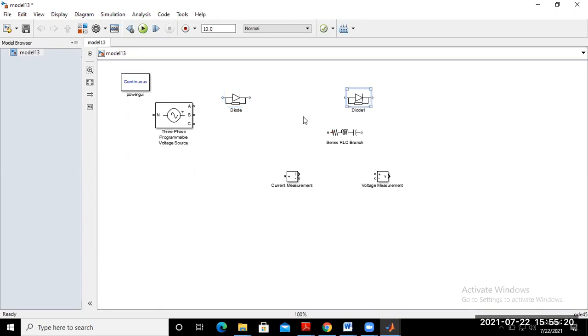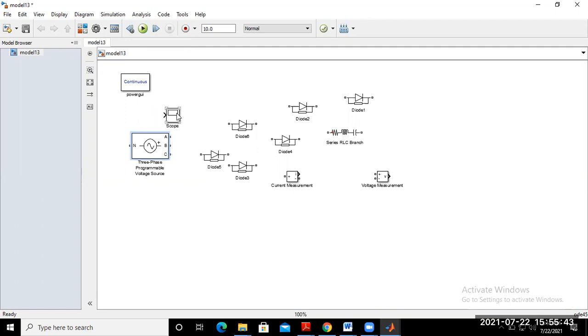So this one is your diode number 1. This is your diode number 2. This is your diode number 3. This is your diode number 4. The diode number 5. And this is your diode number 6. So you just eliminate this one. So according to your circuit diagram, just connect these diodes. Okay. So just put here, and the scope move towards this side. Now just move the RLC here and this voltage is here.